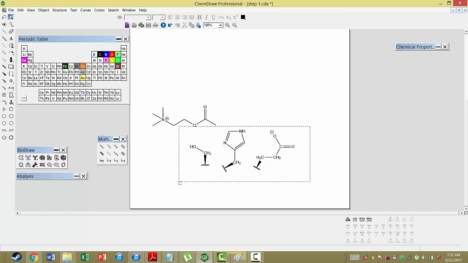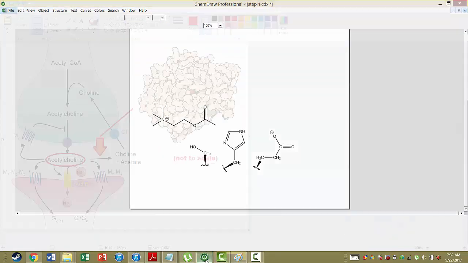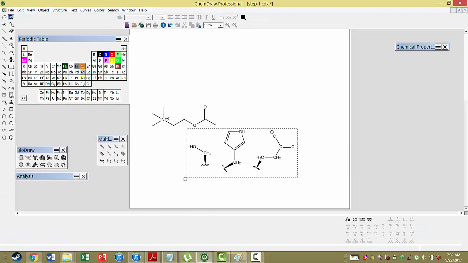So what are these guys down here? This is the active site of the enzyme, right? Okay, so we're going to look at this enzyme again. Right here, this red, this is the active site. This is where the acetylcholine goes, and it reacts right here with these three amino acids. These are commonly referred to as a catalytic triad. You see them together in all kinds of different enzymes. Really common. This is glutamate. This is histidine, and this is serine.